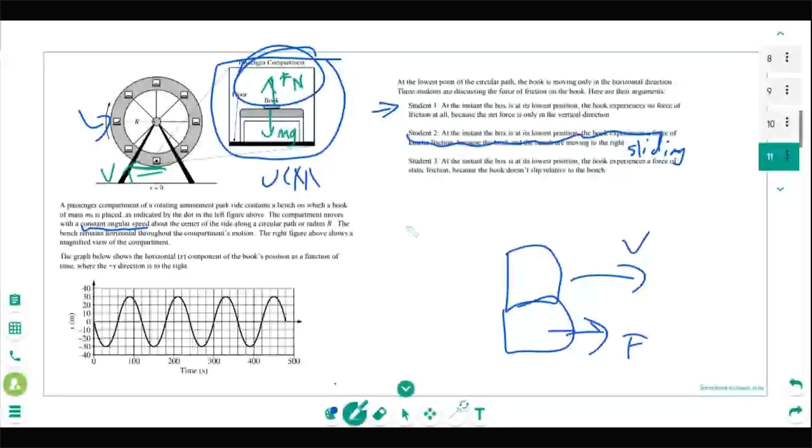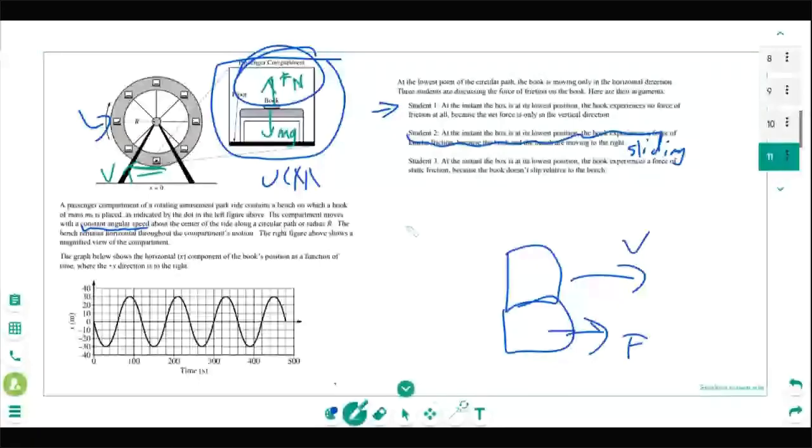Okay. So since there are no external forces acting on the book, there couldn't be any static friction. So I guess if you look at the book, there will be cases where there will be static friction acting on the book. Those cases are where you need to have a force point horizontally for some reason, like at the edges of the wheel, where it points in towards the center, or actually anywhere other than the top and bottom. That will make it have a force of friction on there. Otherwise, you shouldn't need it.